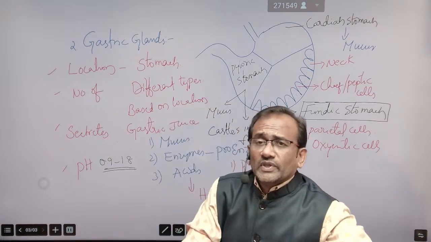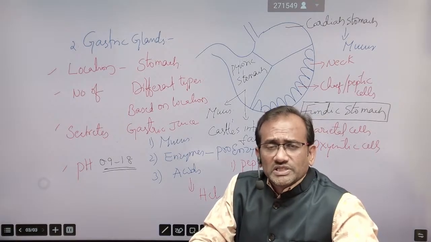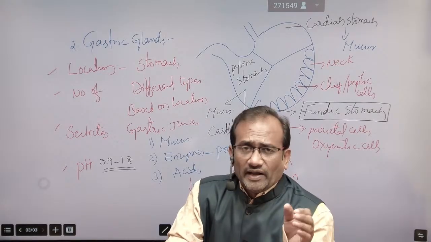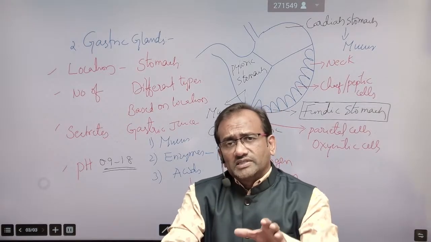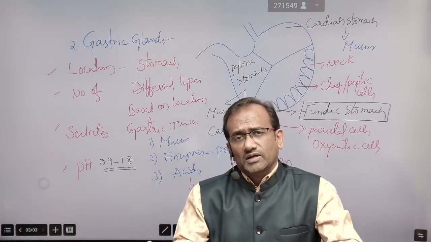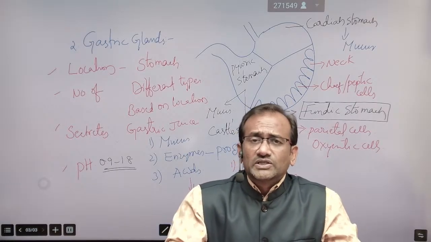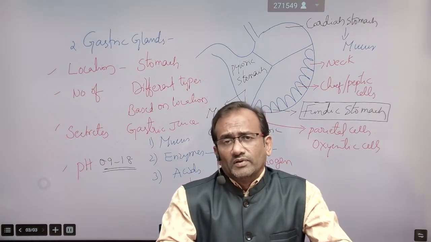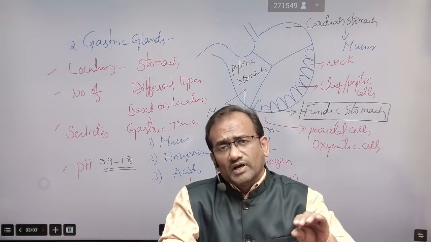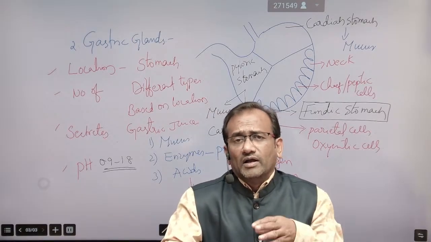Right. So our topic is the human digestive system. In the last session, we discussed the alimentary canal. For our convenience, we divided the human digestive system into two broad categories: alimentary canal and digestive glands. Today, we are discussing the digestive glands, also known as associated glands. For better understanding, we divided them into two parts: the glands along the length of the alimentary canal, inside the canal, and the extra-alimentary canal glands.